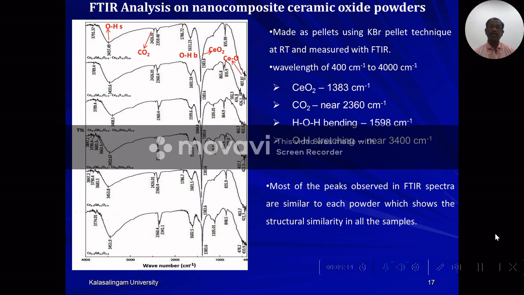The FTIR measurements were carried out between 400 cm inverse and 4000 cm inverse. Cerium oxide peaks were found at 1383 cm inverse, carbon dioxide peaks at around 2360 cm inverse, HOH bending at 1598 cm inverse, and OH stretching at nearly 3400 cm inverse. Most of the peaks observed in the FTIR spectra are similar for each powder, which shows the structural similarity in all